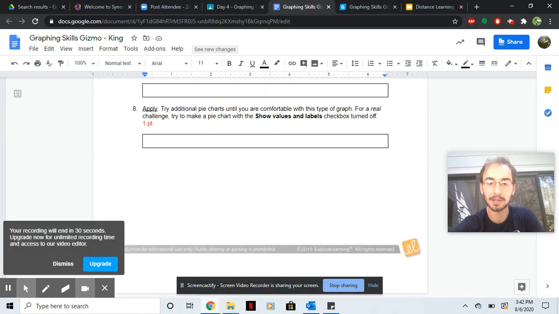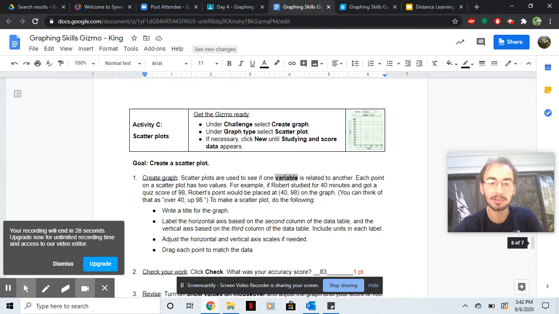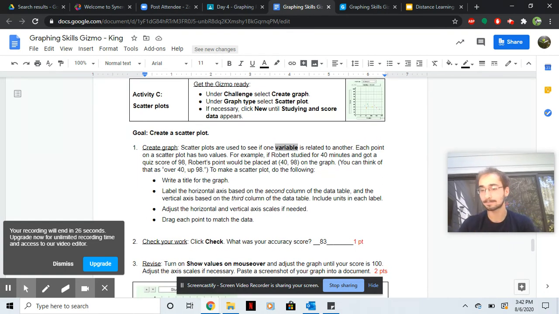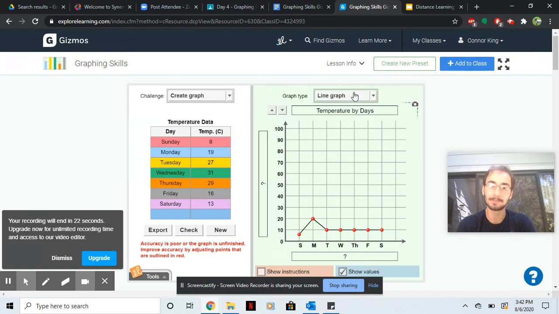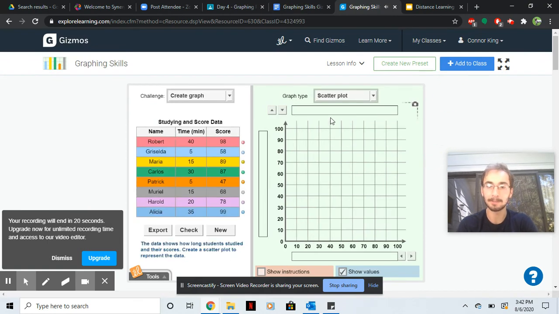We're going to skip the pie chart and then go to scatter plot. So scatter plot, I'm going to show you really quick how to do it. Go to scatter plot. Okay, give it a title. This is the tricky part. So time almost always goes in the x-axis. And then this is score. And you're going to drag to match. So you go 40 over and then up 98. And then that's how you make